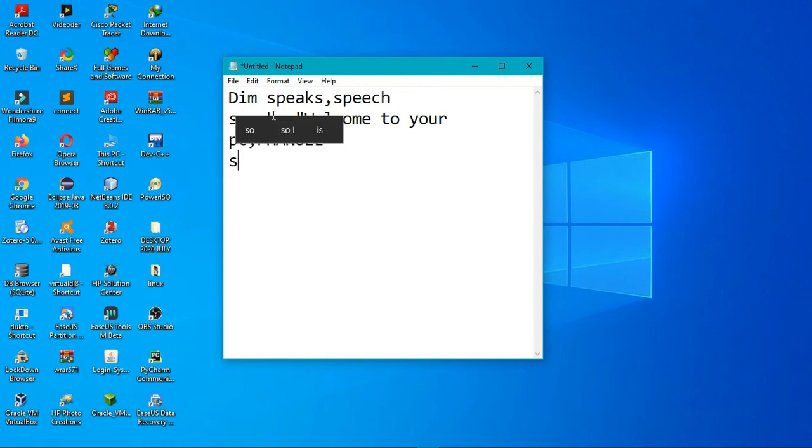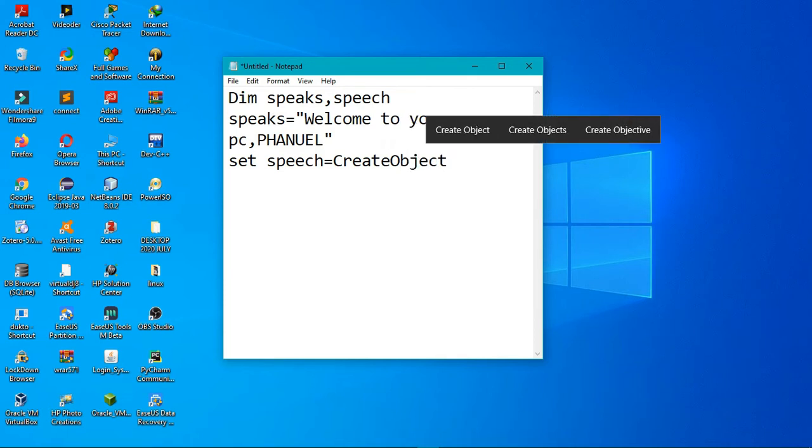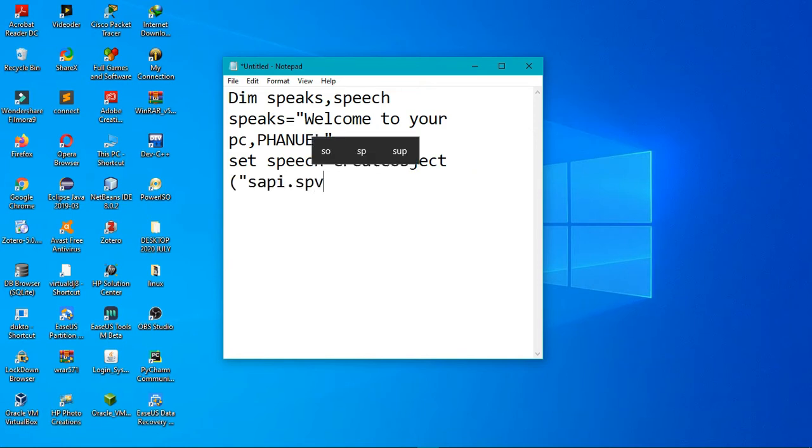At the next line you type set speech equals create object, then opening bracket and you open the double quotes, and then you type sapi dot sp voice, then you close the double quotes and you close the bracket.